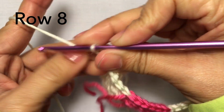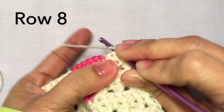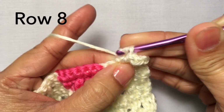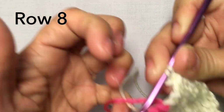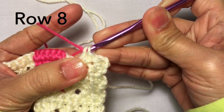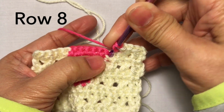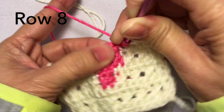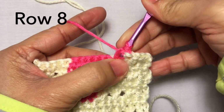Row 8, chain 2, turn, and double crochet in the first stitch. Now for this row, we will do only 1 cross stitch of white yarn, off-white yarn. So 1 cross stitch, so pull through, yarn over, pull through, and stop, because we are going to change the yarn into pink again. So grab the pink yarn like this and finish the stitch, yarn over and pull through. Now continue with the cross stitch using the pink yarn, but first we need to hide our off-white yarn, so include it in our stitch. So double crochet, yarn over the off-white yarn, double crochet on the skipped stitch,